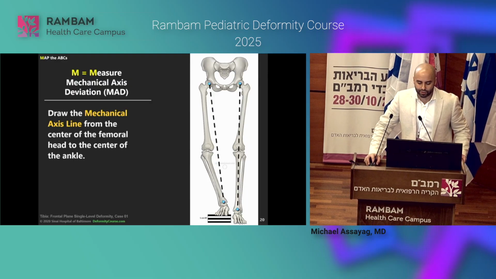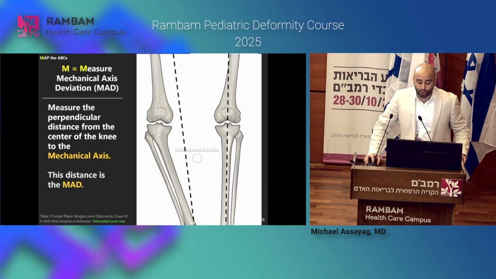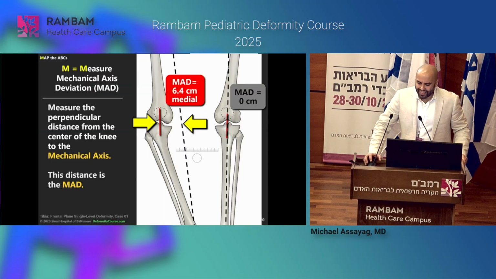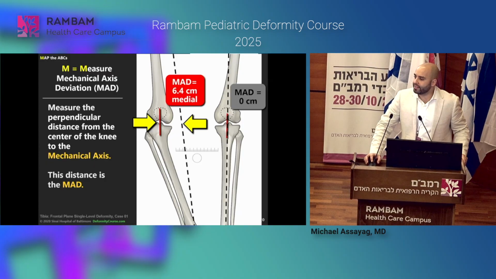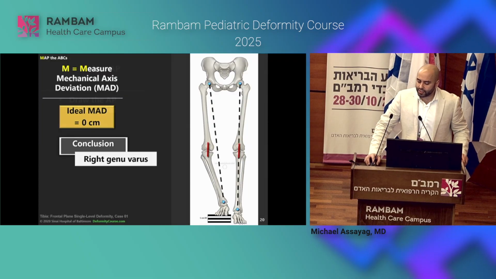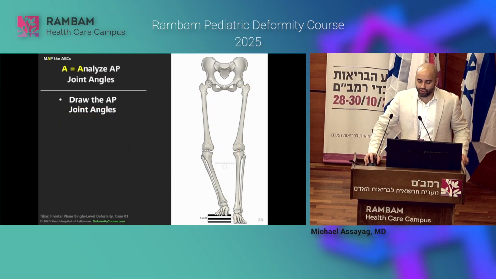So I draw the mid-diaphyseal line, I make a mental note that it's in varus because it's medial, but I don't really measure that amount. I'll measure that amount if I'm doing growth modulation and I want to see if from visit to visit there's a correction, but otherwise not so much. So now we know that the right leg is in varus, the left leg is normal. Now we need to identify which bone is the culprit.